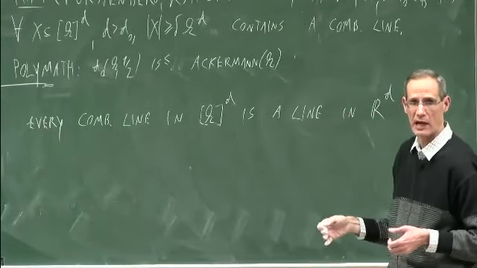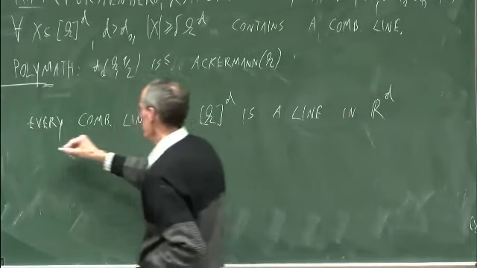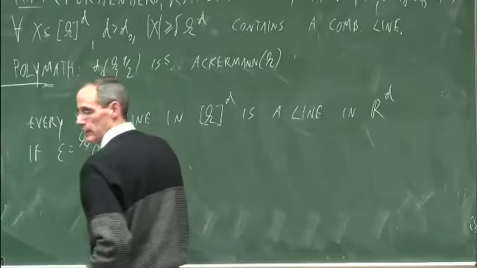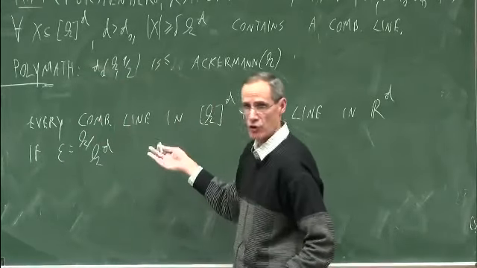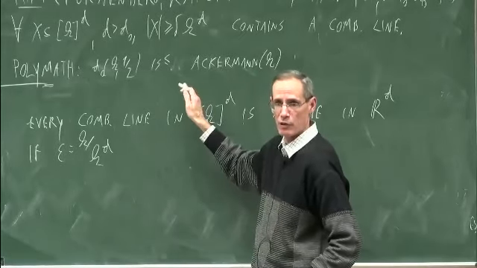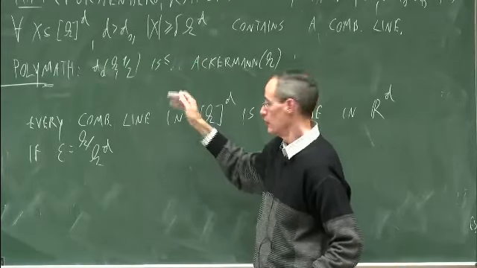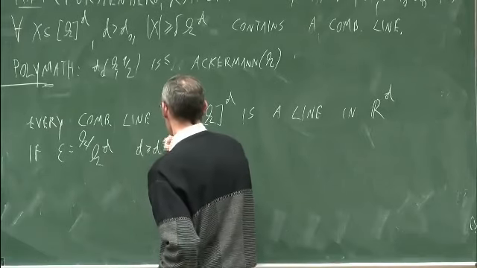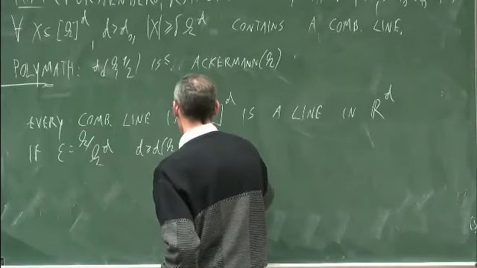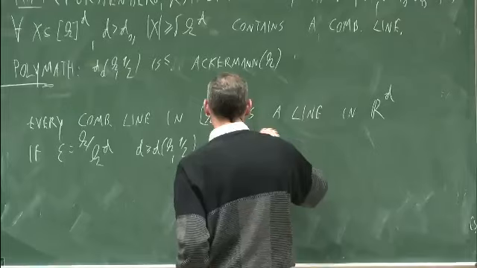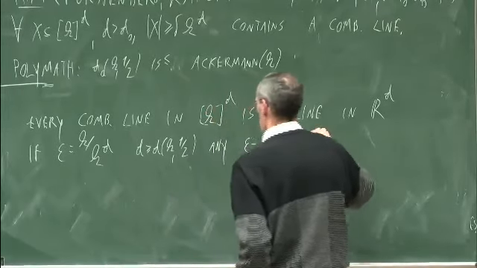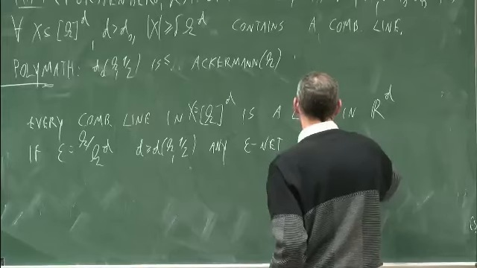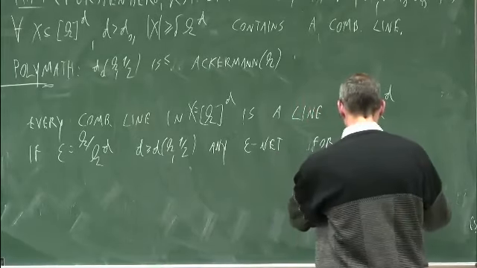So if I take epsilon to be k over k to the d, and I'm talking about epsilon-nets in very high dimension now, and d is bigger than this d of k and 1/2, then any epsilon-net for X with respect to lines